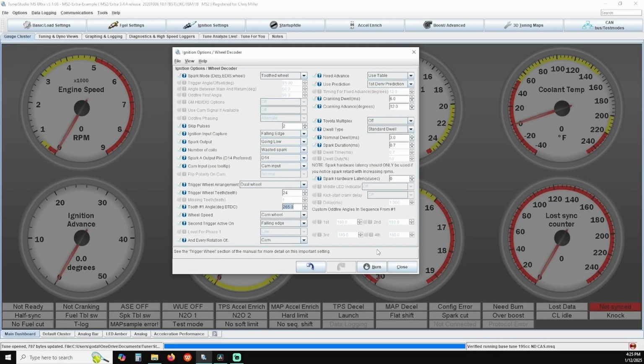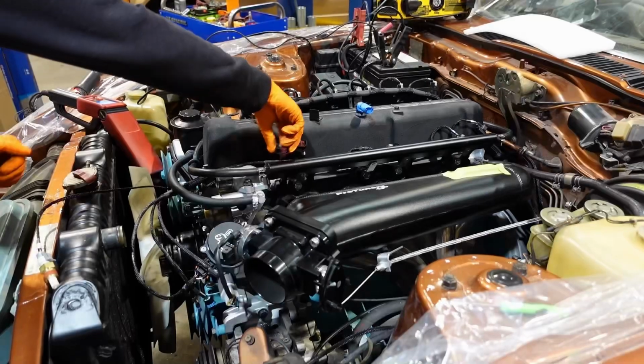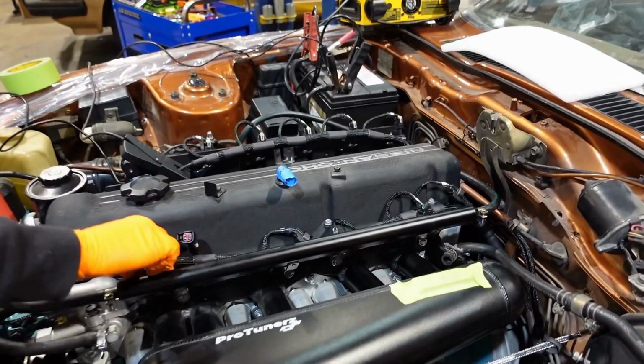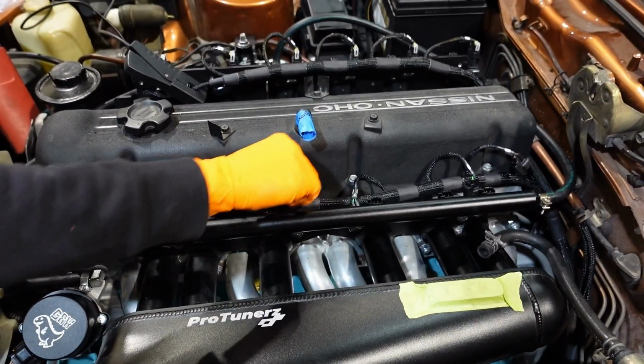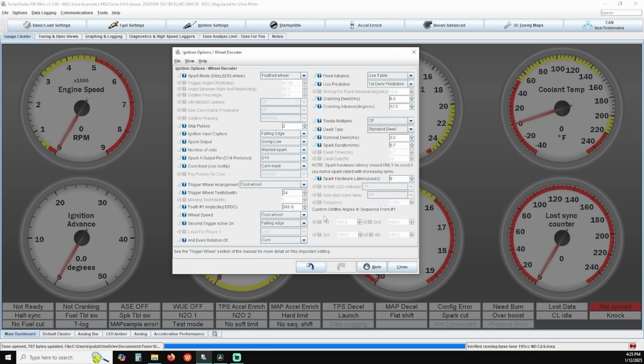Get it close enough for your marks to line up while cranking, and once that happens you can stop and plug all of your injectors in, and you can attempt to start it and see if it will run under its own power. Once you've got it running, you can make minor adjustments at your number 1 tooth angle in 5 to 10 degree increments max, hitting burn as you make each adjustment and seeing where it tracks on your timing light. We like to make these finer adjustments at operating temperature, so let the engine fully warm up